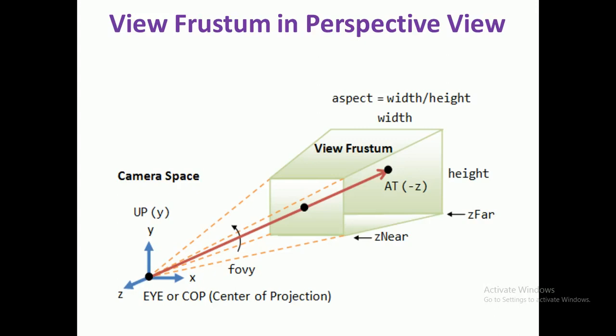Again, I will give an example. When you are taking a group picture, if somebody is not fully captured, only half in the lens, only half of that person will be captured in your film. That is what clipping or view volume means in 2 dimensions. That is in parallel projection.